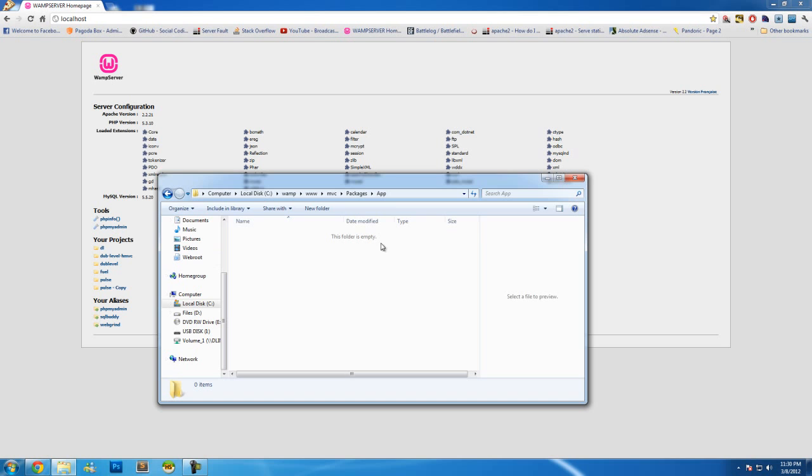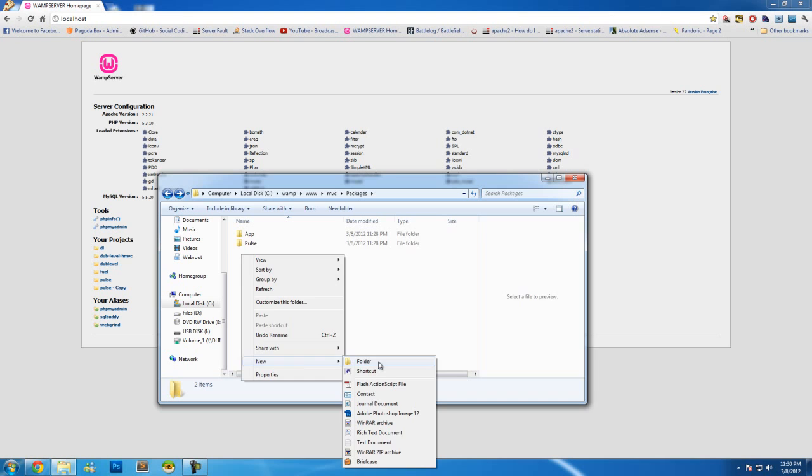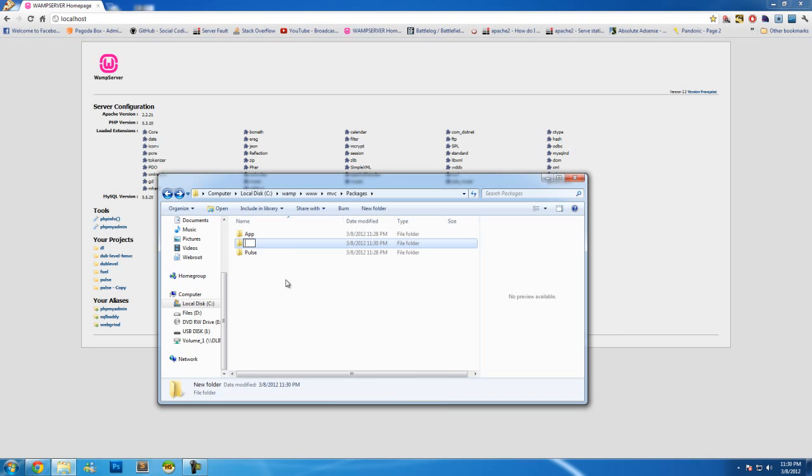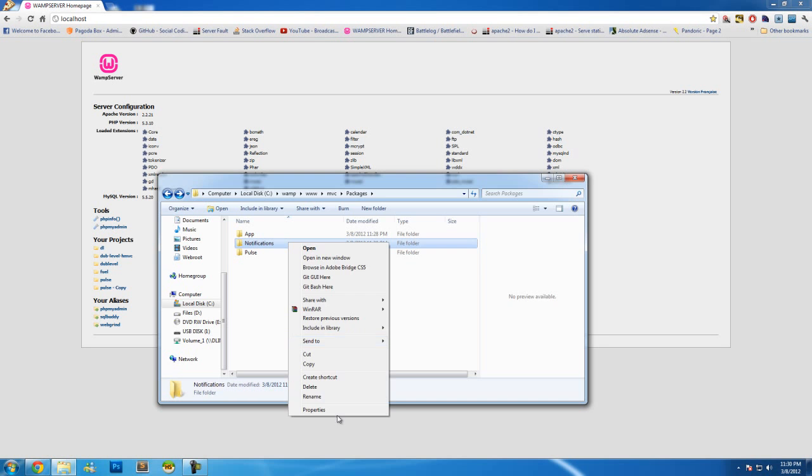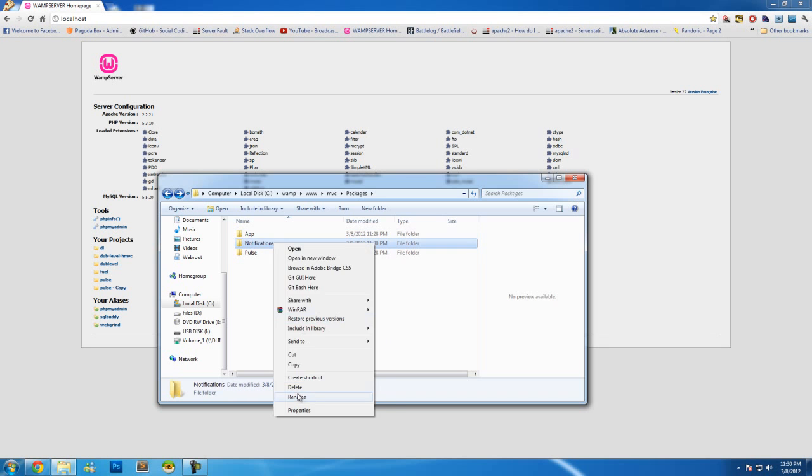In the app, you'll have all your MVC components, and all of those things will be routed from the URL, but any other package cannot be accessed through the address bar. So that means that your controllers can call your packages, and you can have a compiled kind of environment for each package. So let's say you create a package called notifications, or let's just say notification,